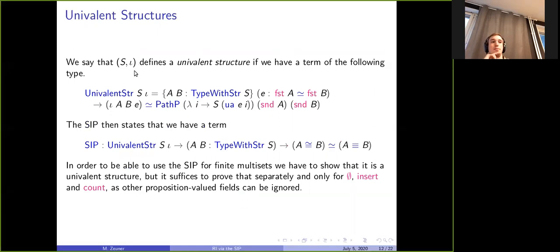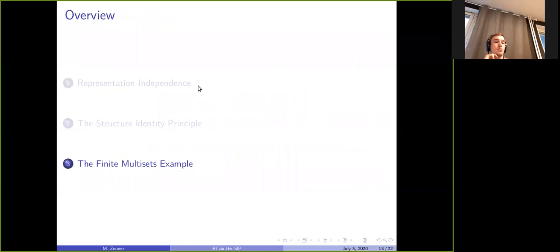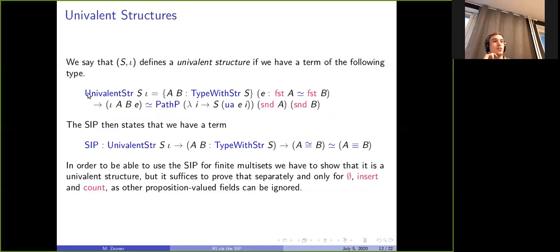In particular, we want to define when such a pair S and iota is well behaved, so that we can apply the structure identity principle to these structures. And that's what we call a univalent structure. A univalent structure says that whenever we have structure types and an equivalence of the carrier types, then this iota is actually equivalent to this dependent path type, which won't be a proposition in general.